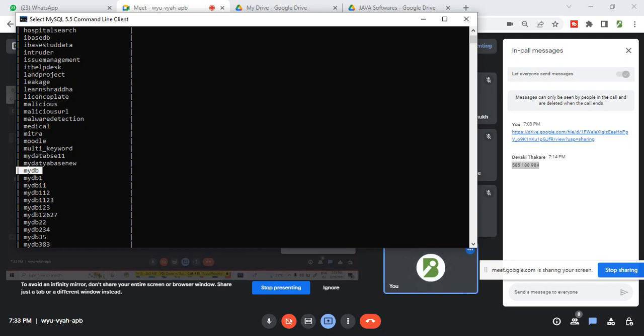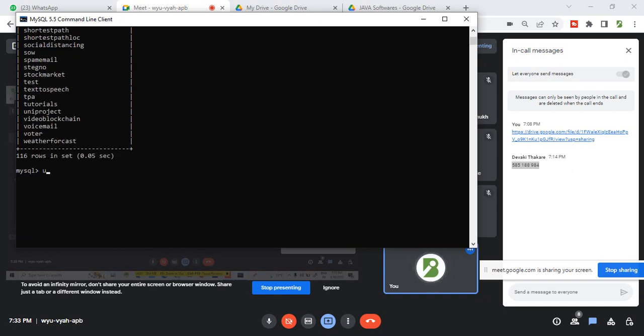After getting this list, we need to select in which database we have to work out, because there are multiple databases available. Among them, which database you want to work out, that you have to decide. So how we can decide? Just you write down the next command, use database name.